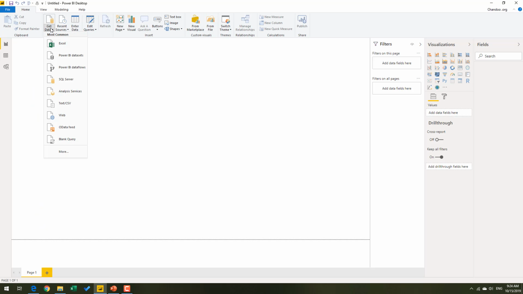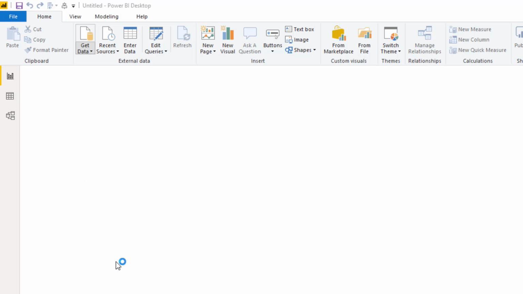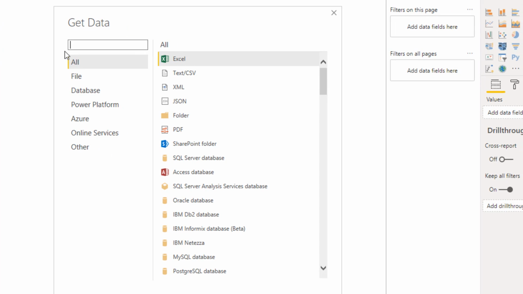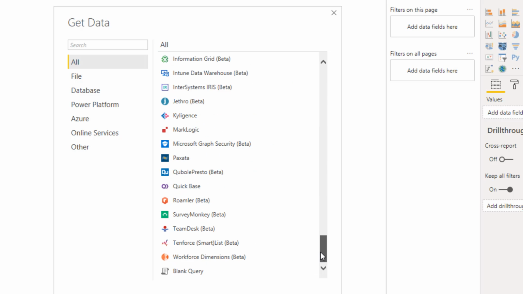We'll go here, we'll click on get data. Now, when you click on get data, it will offer you some of the common sources, but Power BI has an extensive collection of sources that you can connect to. For example, if you go to more, you can see that there are heaps of connections available, including